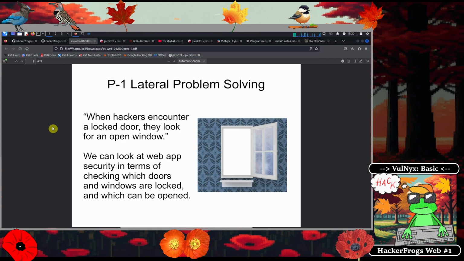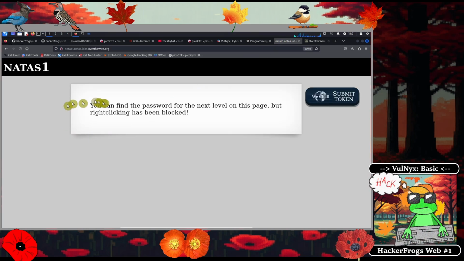Okay, so now we're on Natus level 1, and what we need to do is some lateral problem solving. It is said that when hackers encounter a locked door, they look for an open window. We can look at web app security in terms of checking which doors and windows are locked and which can be opened. So if we take a look over at the Natus 1 webpage over here,